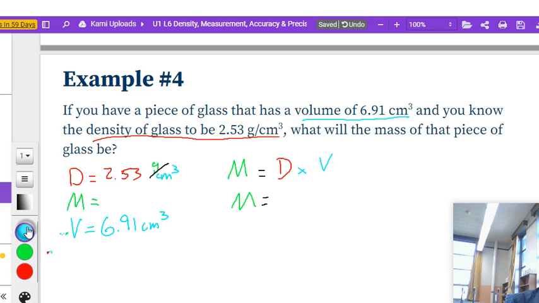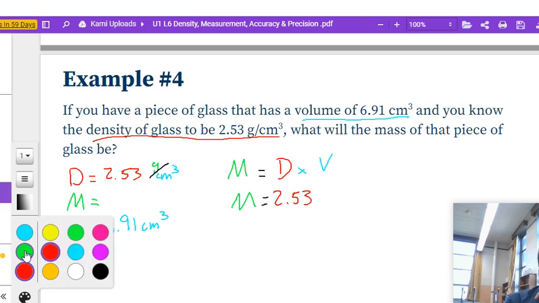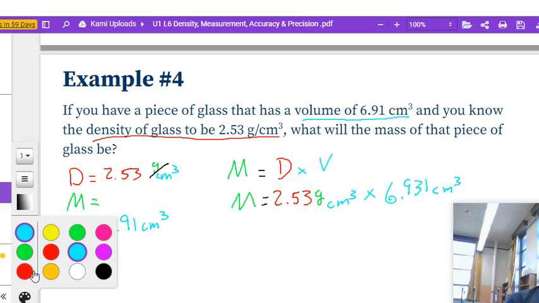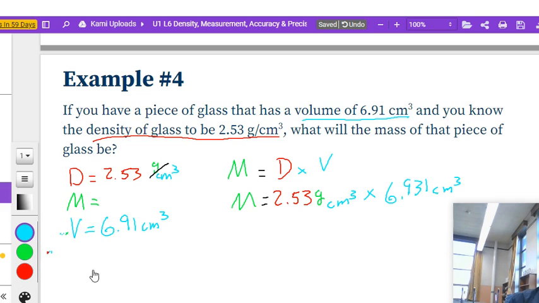So in this instance, my density is going to be 2.53, and that's going to be grams over cubic centimeters. Times the volume, which is going to be 6.91, and that's going to be cubic centimeters. So at this point, when I plug these values into my calculator,